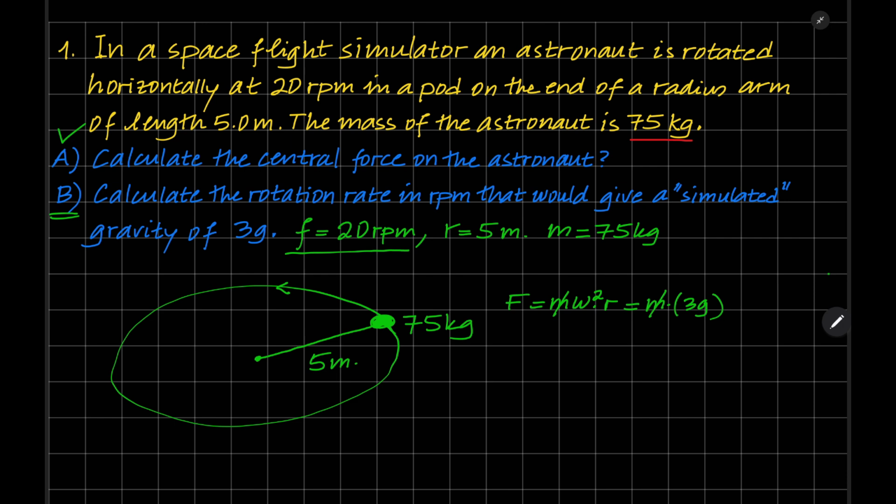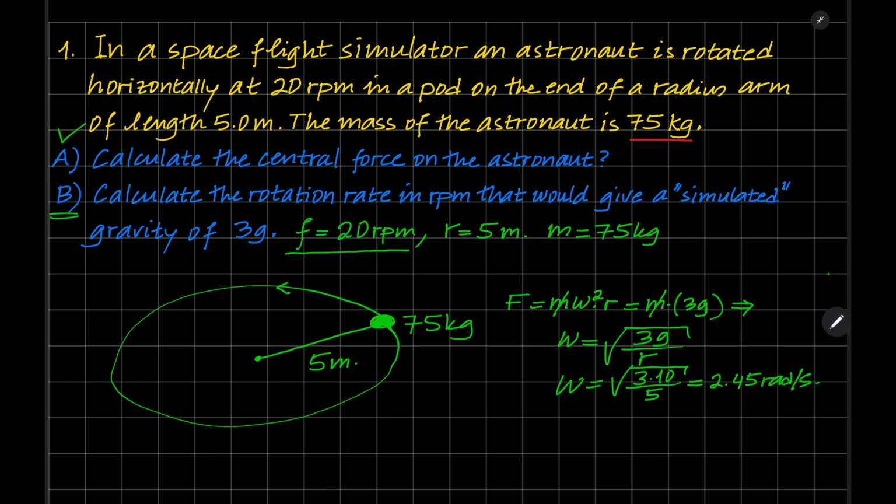Then it implies that angular velocity will be equal to the square root of 3g over r. And angular velocity will be equal to the square root of 3 times 10 divided by 5, which is equal to 2.45